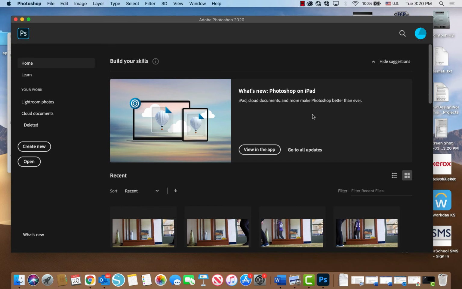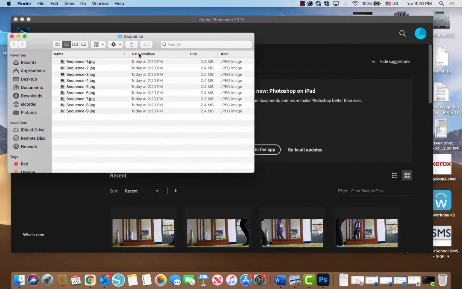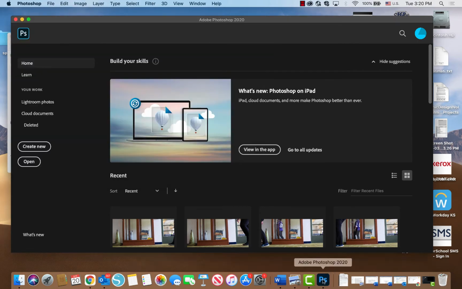Okay guys, so let's start with our sequence. Here I have my Photoshop open. On the other side here in my folder, I have each one of my photos numbered, so this is what the name of my layer is going to be. So I'm going to start by grabbing this first one, and I'm just going to drag it right onto Photoshop,